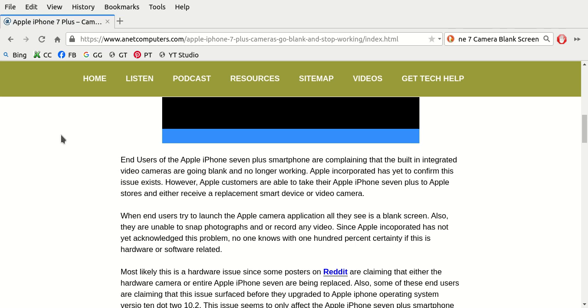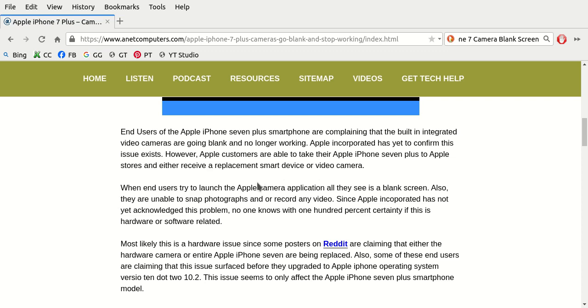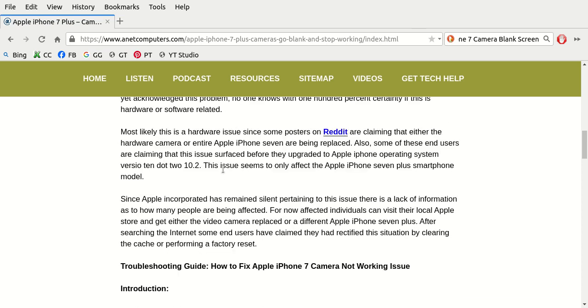They later concluded that it may have been hardware because they claimed that at that time they could get the video camera either replaced or the entire Apple iPhone 7 replaced. So this blog post is designed to help you fix the Apple iPhone 7 Plus camera blank screen issue. Okay, I'm not going to go over any of the history of it, but I have some quick,